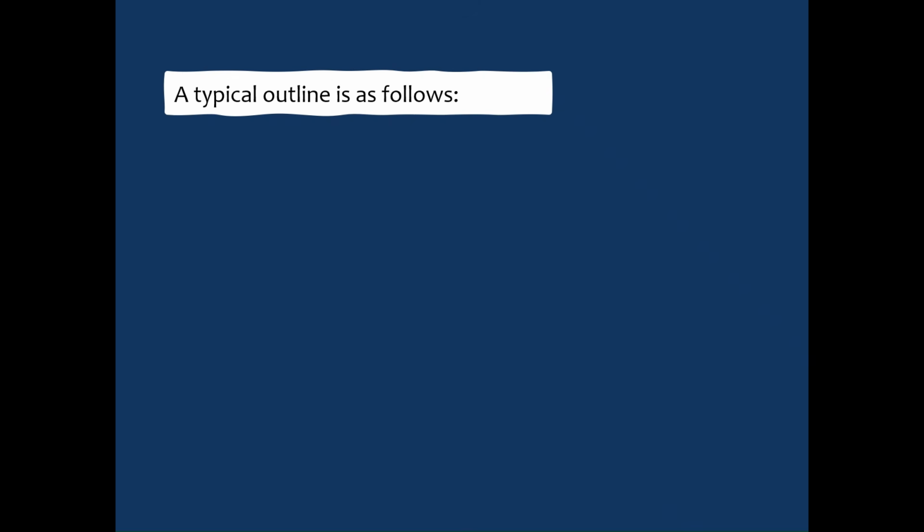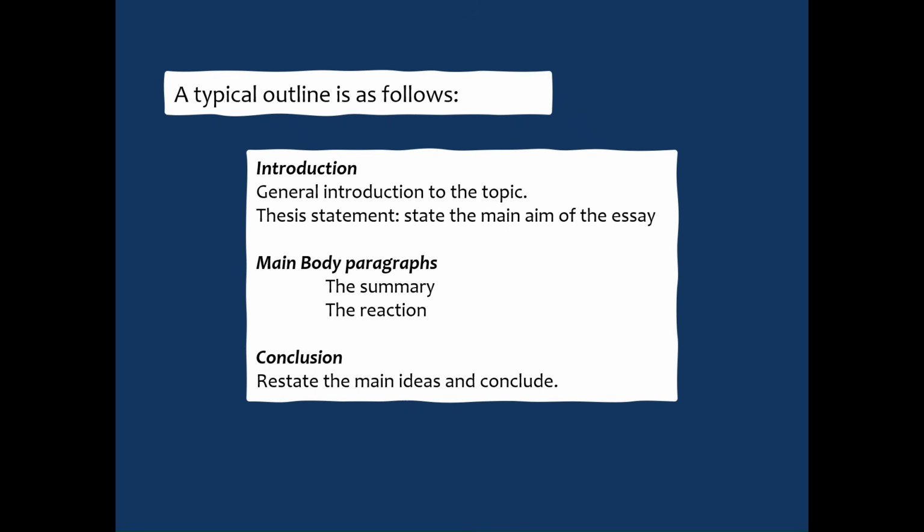A typical outline of a reaction-response essay could be as follows: introduction, main body, and conclusion. The introduction introduces the topic in general and finishes with a thesis statement that states the main aim of the essay. There are two types of main body paragraphs. The first one is the summary paragraph and the second one is the reaction paragraph. Finally, we wrap it all up with a conclusion paragraph. So this is a typical outline where